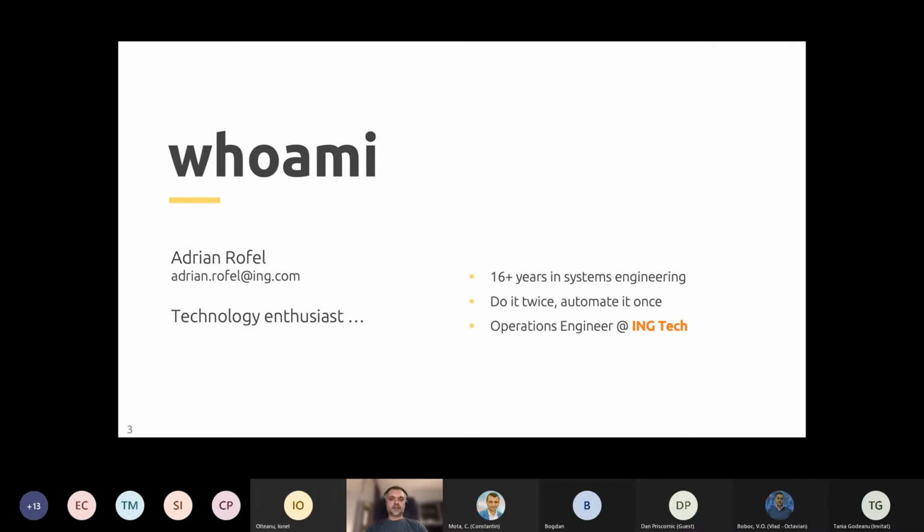In ING Tech, we are managing multiple Kafka clusters, which are used by hundreds of applications. And besides Kafka, we are also offering some other solutions from the Kafka ecosystem, like Schema Registry, Kafka Connect, and Replicator.